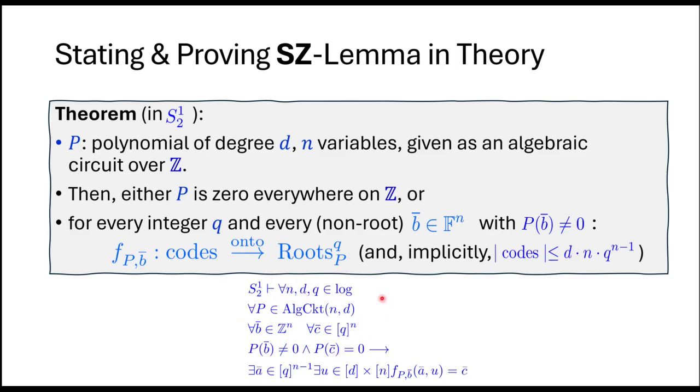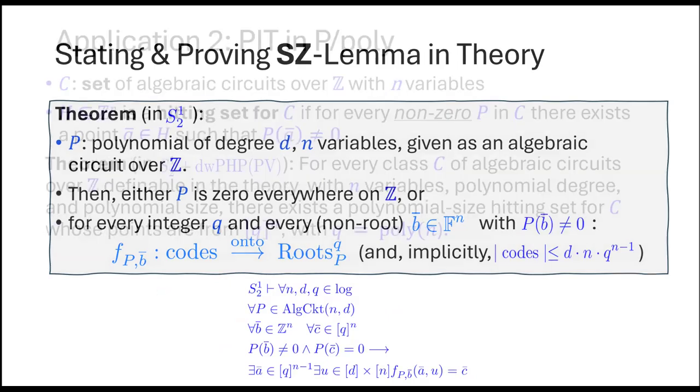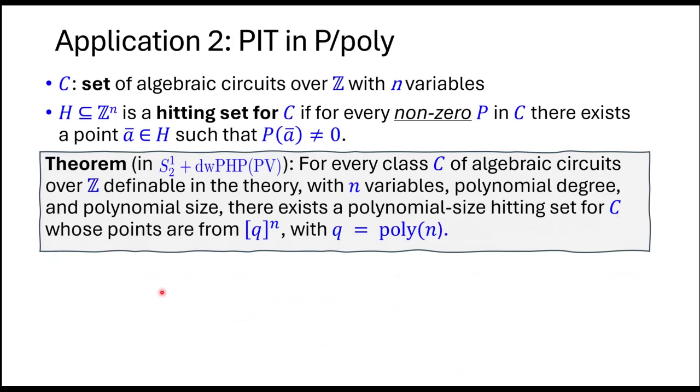So that's kind of a technicality in bounded arithmetic, and we prove this statement in S12. Now, application 2 described here is PIT in P/poly. So here we have the following. Let's assume that C is a set of algebraic circuits over Z with n